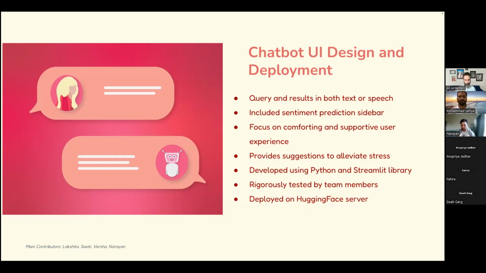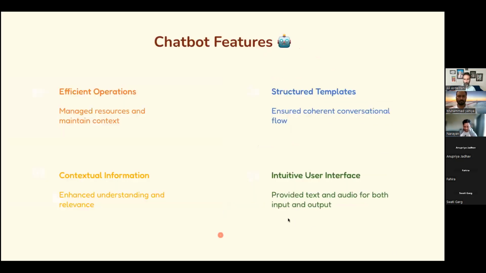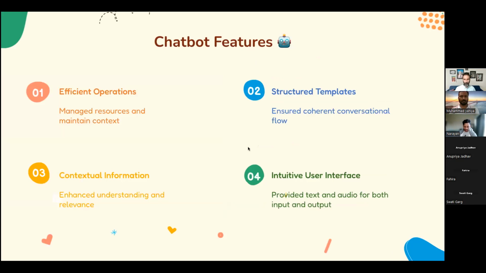Those details we can see. We used Streamlit for designing our chatbot UI.